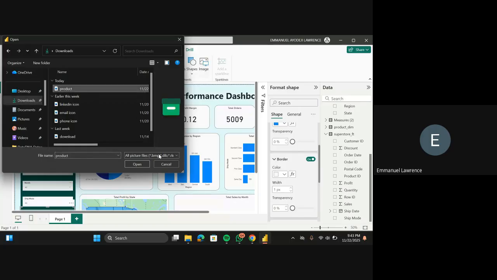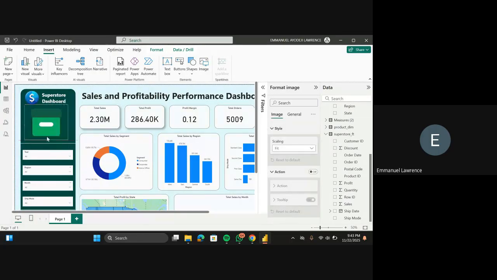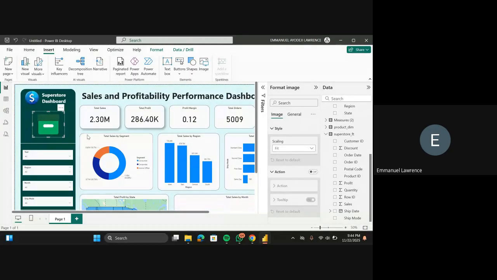Come to my download. This is the product icon I downloaded. I'm going to be putting it here. Because of our time, I don't want to really go into trying to pick a specific one. Okay, I guess this is better. Since we are talking about sales and product, I can just look for anything fun, or as well you can put the customer image here instead of a product image. Anyone works. Just put something there. Then I guess I just align it here. This is at the center already now.